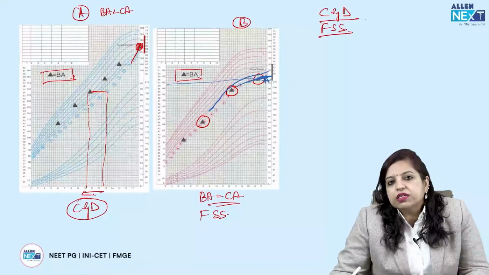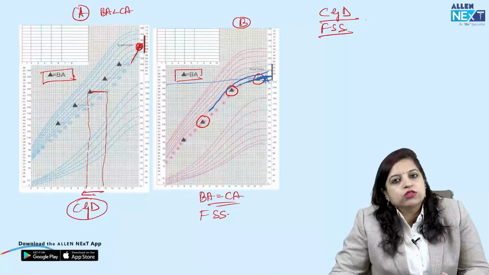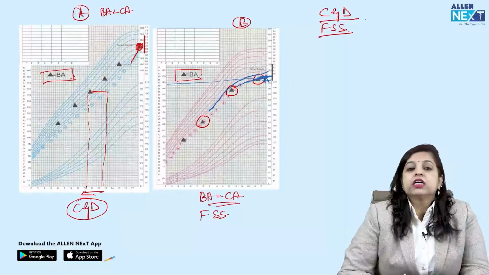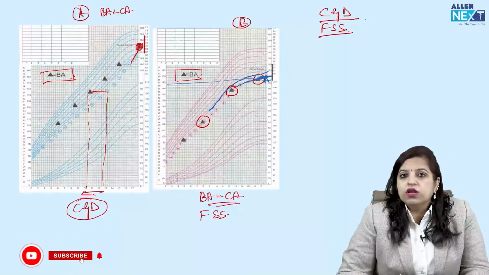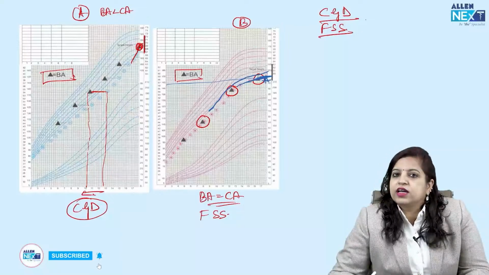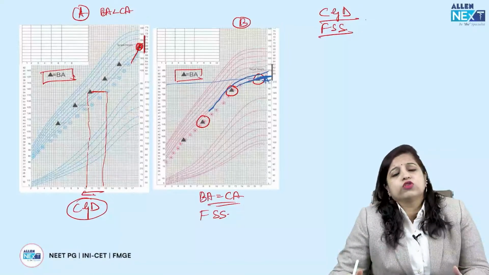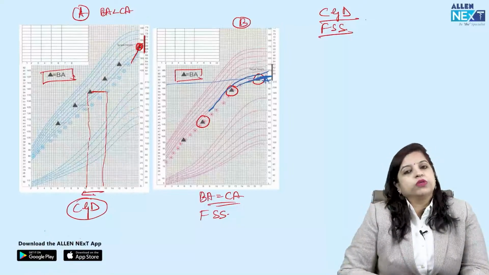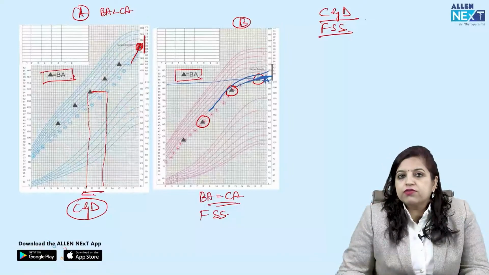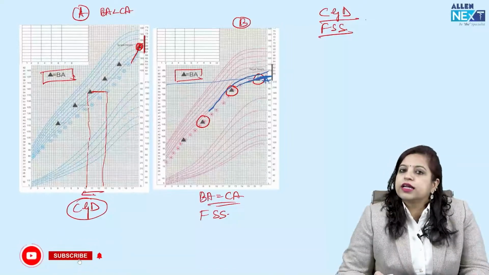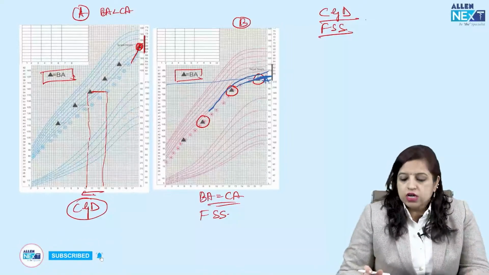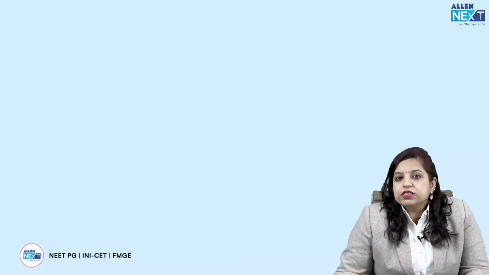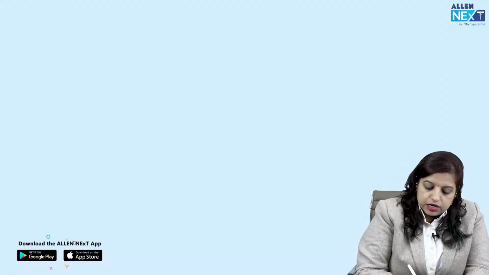So that is again the biggest clue to distinguish whether this is familial short stature or constitutional growth delay, because in constitutional growth delay, the final height is going to be normal, while in familial short stature, the final height is going to be short stature only, less than normal, right? So this is how you distinguish between these two graphs. Be very careful, it is a very commonly asked question, and it has been repeated umpteen number of times in previous years, right? Okay, so we should be very well aware of the differences between familial short stature and constitutional growth